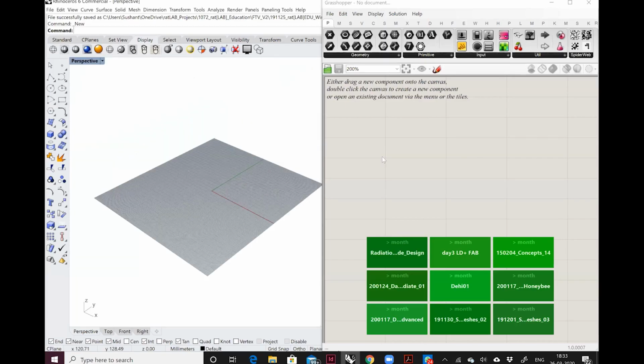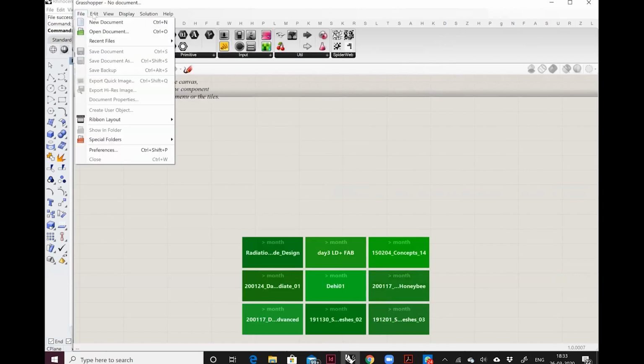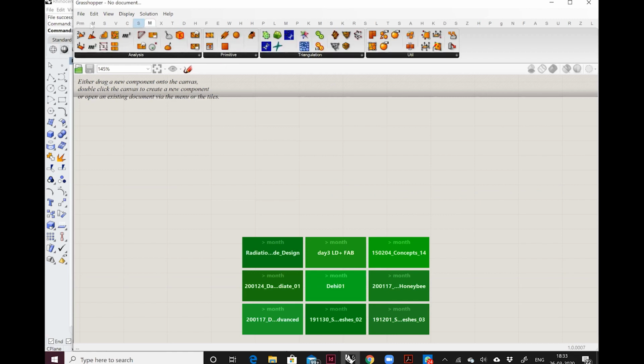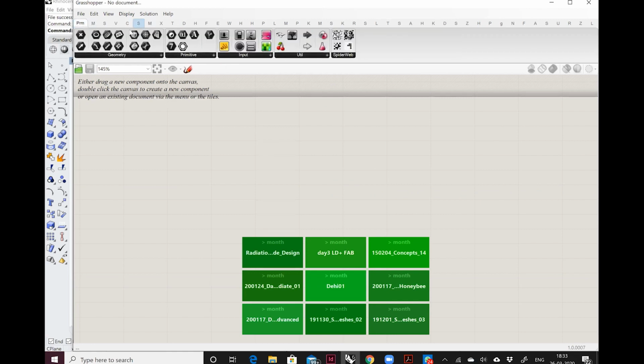Right. So this is what Grasshopper looks like. It has pretty much a canvas. Let me actually put that on the full screen first. And you have this bar at the top which shows various options, and then these are our basic toolkits, under which lie all of these weird looking icons.